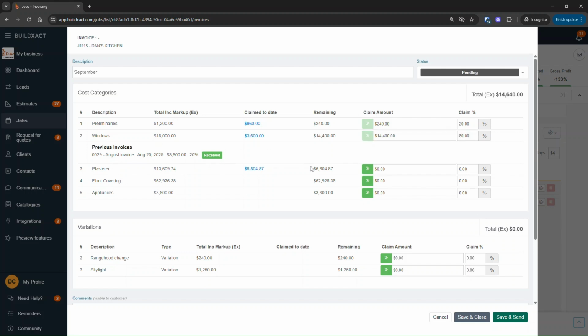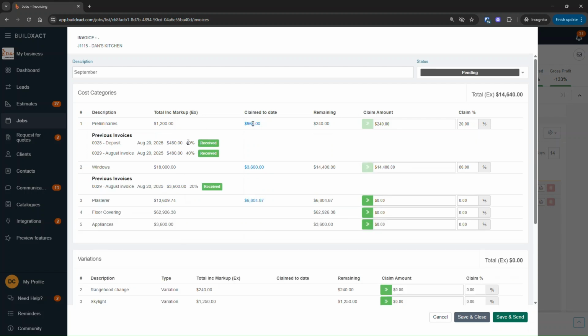So you're building it up just like this. We do absolutely have people who compare this to the schedule and the completion on each category. If you're going to do that, the only real point is, when you're looking at them, think about this as cumulative. So, we've billed 40% already, we've billed another 40%. So if you're comparing it to your schedule, then you would imagine preliminaries on the schedule would be at 80% so far. So use this value to compare against the total category if you're going to be doing a direct